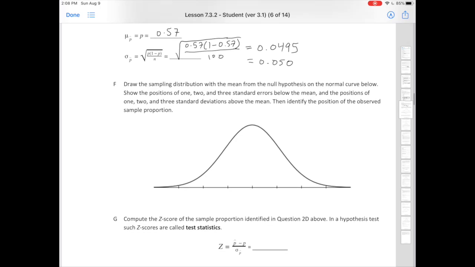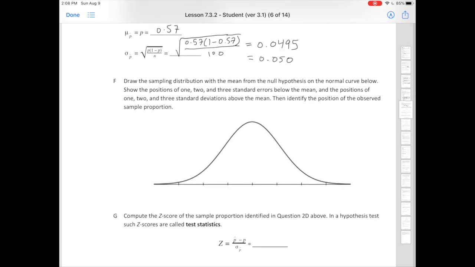Okay, so let's move on to part F. It says draw the sampling distribution with the mean from the null hypothesis on the normal curve below. Show the positions of 1, 2, and 3 standard errors below the mean, and the positions of 1, 2, and 3 standard deviations above the mean. Then identify the position of the observed sample proportion. Okay, so 0.57 goes here, and I'm going to add 0.57 plus 0.0495,